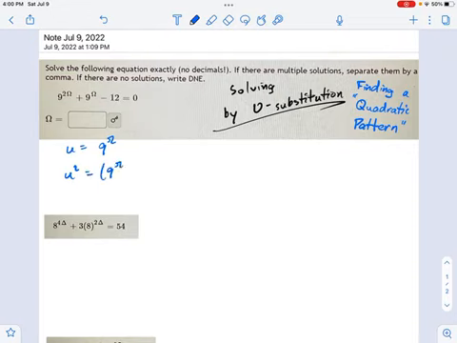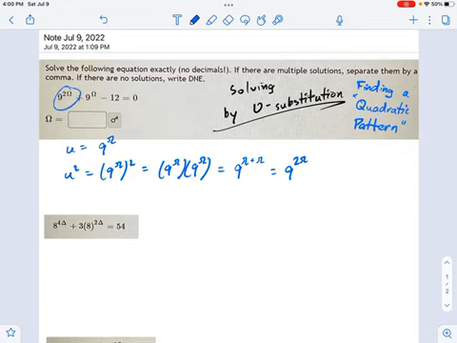That's going to be 9 to the omega squared, which is, as you remember how exponents work, 9 to the omega times itself, right? And when you multiply two exponentials which have the same base, you add up those exponents, and this becomes 9 to the 2 omega. Okay, well, look at that. That's over here. So as I rewrite this equation, look what I'm going to get. U squared, that's 9 to the 2 omega, plus U minus 12 equals 0. So that should look a lot nicer to everybody.